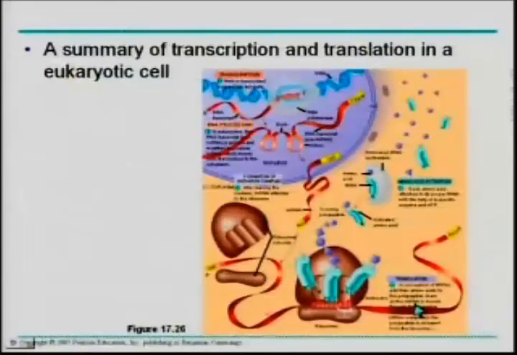A succession of tRNAs add their amino acids to the polypeptide chain as the mRNA is moved through the ribosome, one codon at a time. When completed, the polypeptide is released from the ribosome. So this completes our discussion of